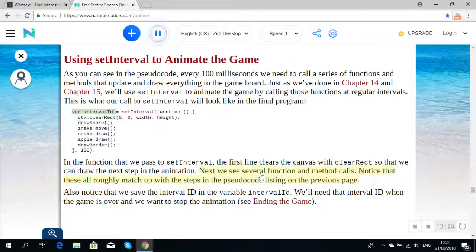var intervalId = setInterval(function () { ctx.clearRect(0, 0, width, height); drawScore(); snake.move(); snake.draw(); apple.draw(); drawBorder(); }, 100); In the function that we pass to setInterval, the first line clears the canvas with clearRect so that we